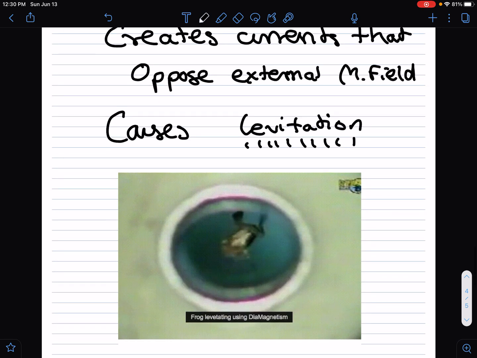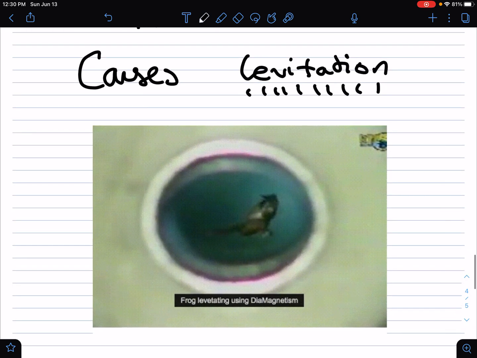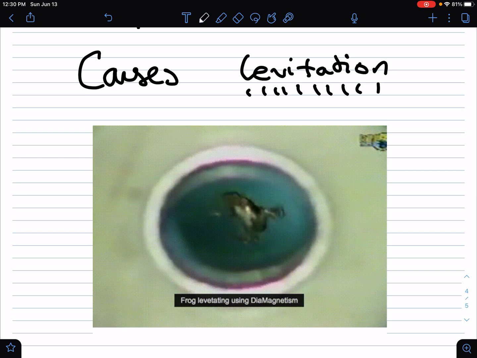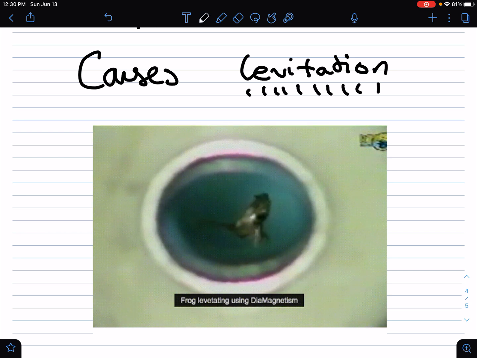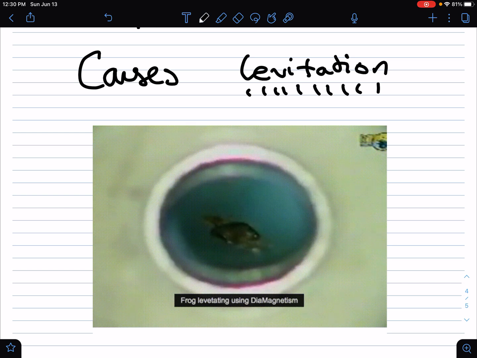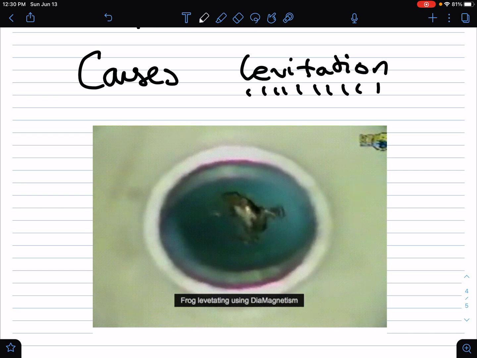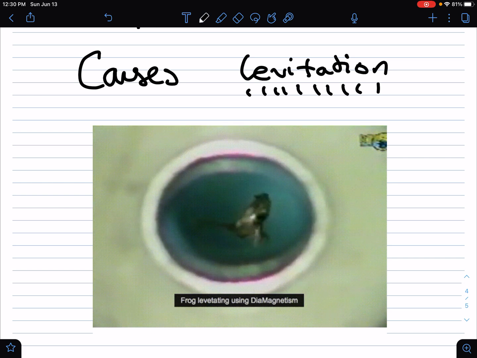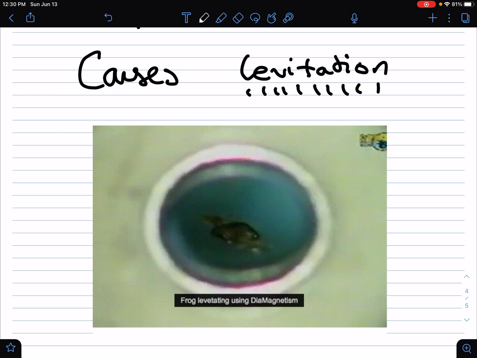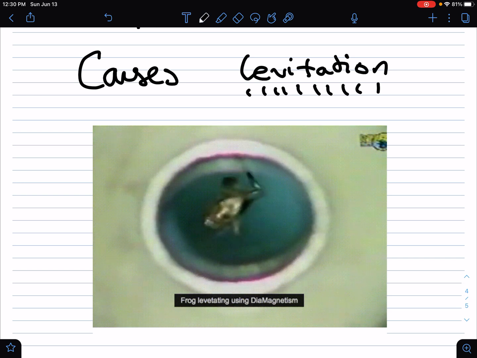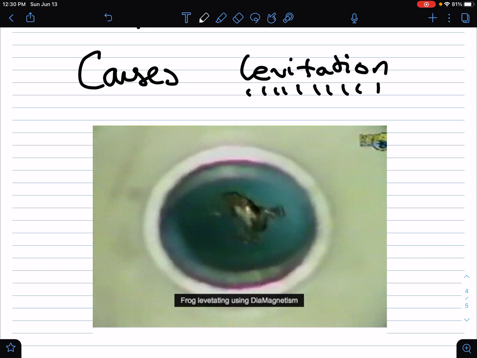As shown in this image below, this is a frog being levitated using diamagnetism. This was done by Andre Geim, the inventor of graphene, who won a Nobel for graphene in 2010. He won an Ig Nobel, which is kind of like a joke Nobel, in 2000 for levitating frogs. As you can see, this frog is alive. A current's being passed through, which causes that magnetic field to develop, and then that opposes an external magnetic field, which causes the frog to